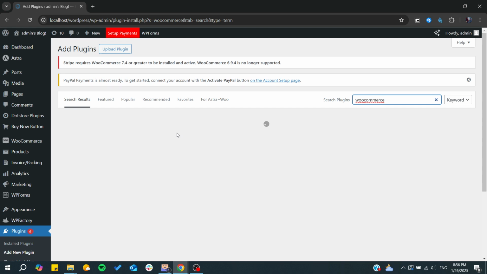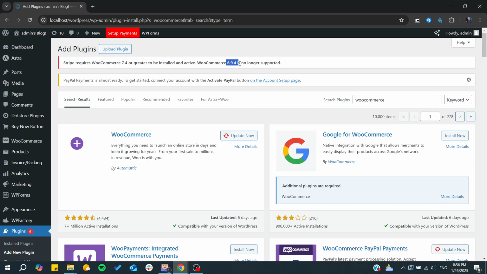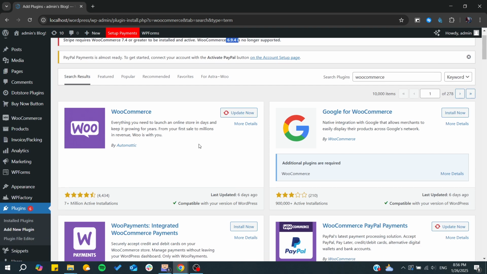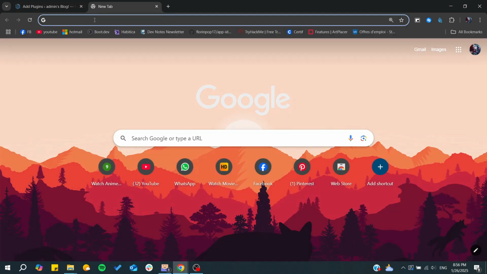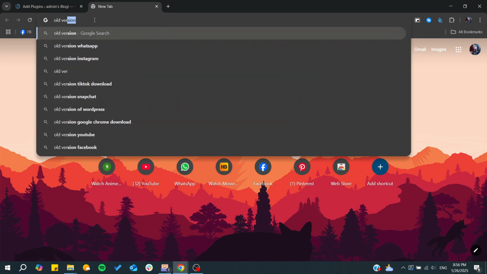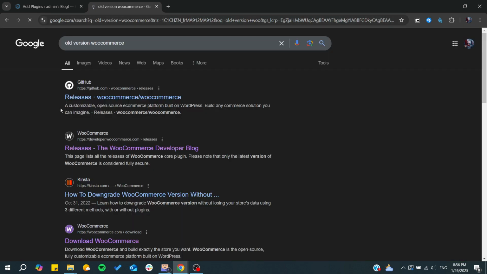But now that we want to have an older version of WooCommerce, we will need to upload a new plugin that will be the WooCommerce earlier version. So as you can see, I already have an older version of WooCommerce, and if I want to update it to have the latest version, I can just click on updates. And basically, all you need to do is just type old version WooCommerce, and from there, you will be able to